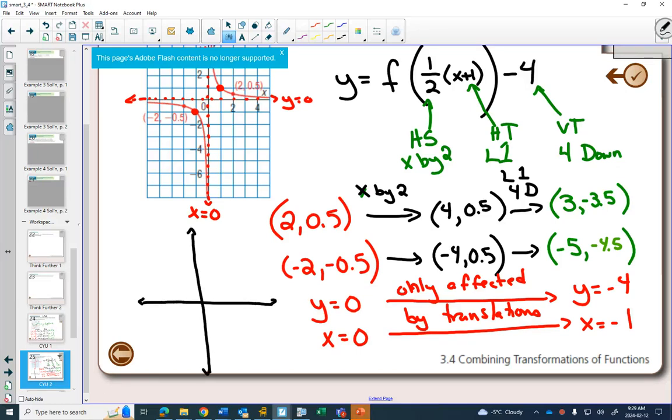I find the graphs with asymptotes, if you try to put 2 of them on the same graph, it just gets really busy and hard to see what's happened. So I'm going to, on a separate graph, go 1, 2, 3, 4, 5 in each direction here. And I have an asymptote at x equals -1, an asymptote at y equals 4,